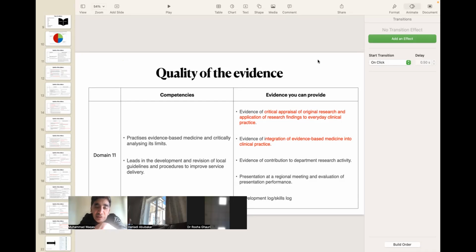So don't just collect non-specifically, filling your portfolio with CBDs, MSF and DOPS. Reflect on what you don't have and try to get that. I mean, at the end, for example, I was telling you, even after trying at the maximum, I could not get involved in a case of SUDIC, sudden unexpected death in infancy and childhood.